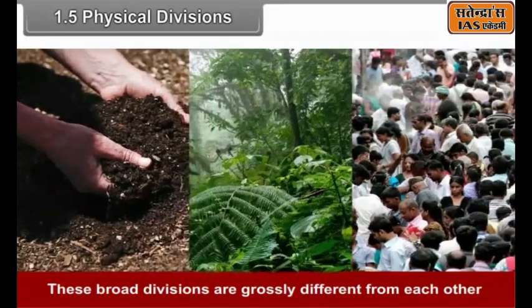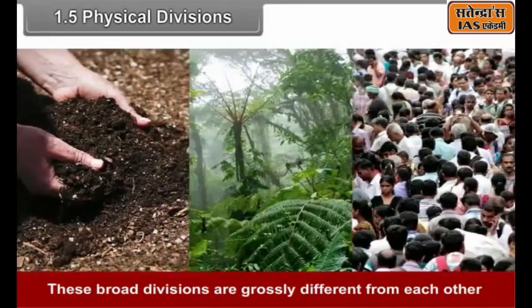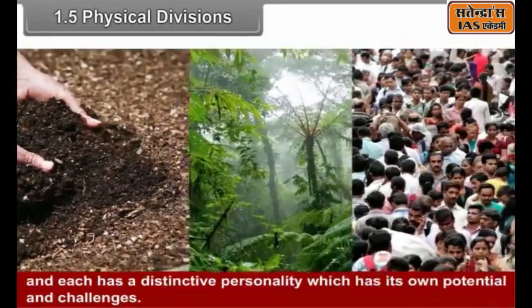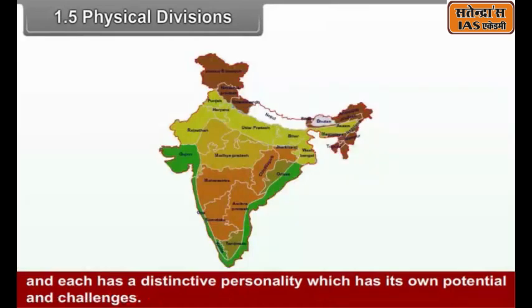These broad divisions are grossly different from each other and each has a distinctive personality which has its own potentials